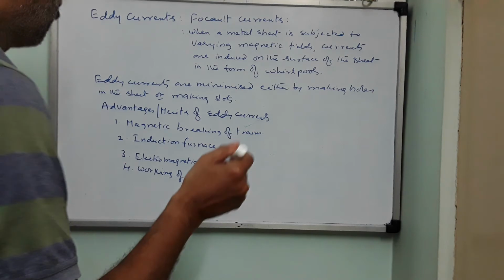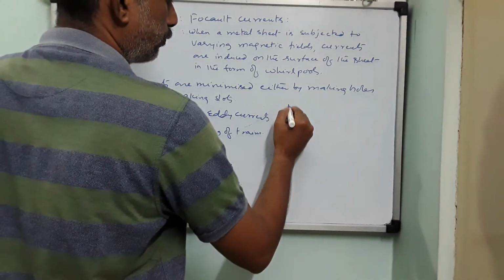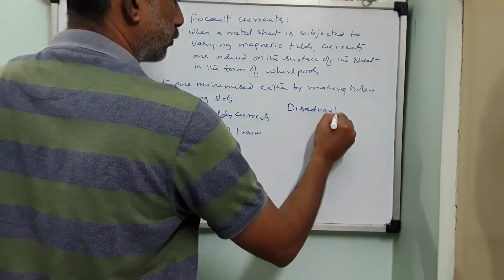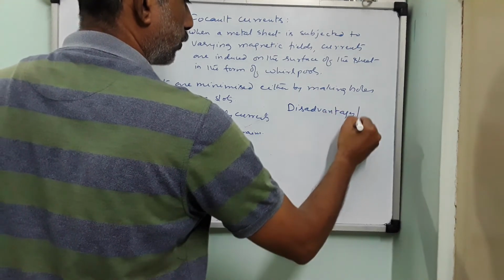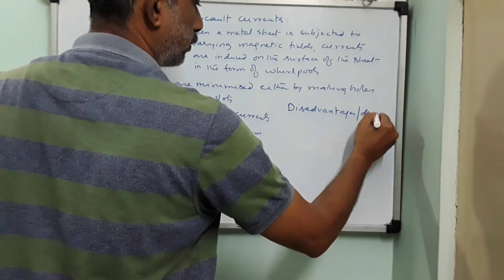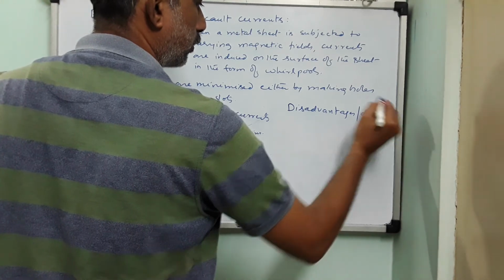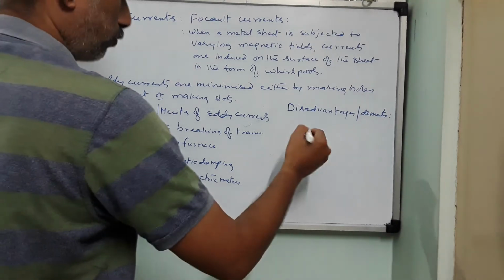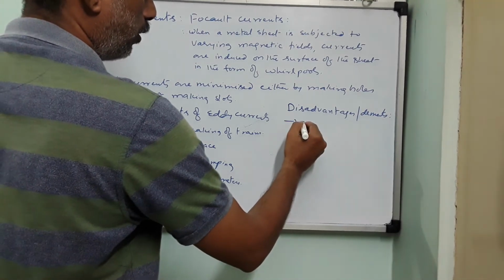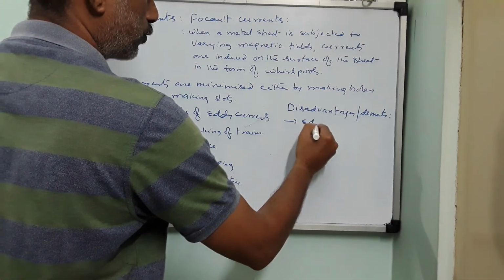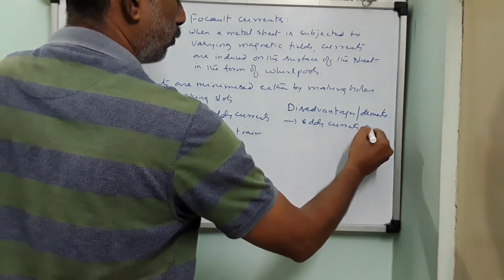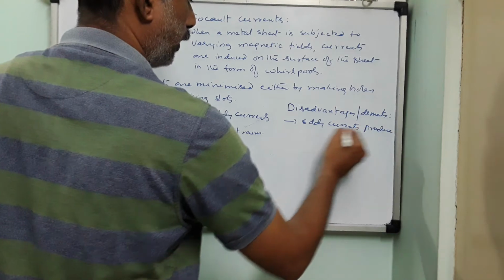These are the disadvantages, or demerits. The first one, the only one we have, is that eddy currents produce heat